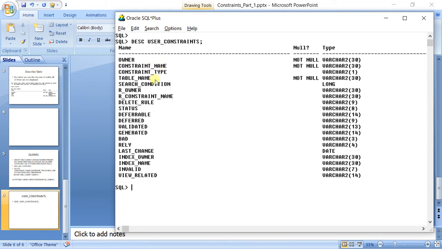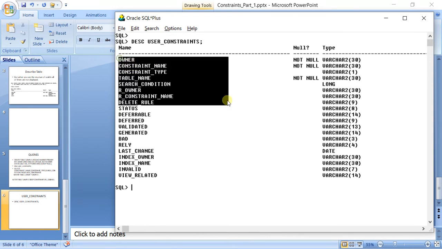In this table, whatever tables you have created and whatever constraints you have applied, all of them are stored. A few useful columns are constraint name, constraint type, table name, and search condition. These are the four main columns that you can use.